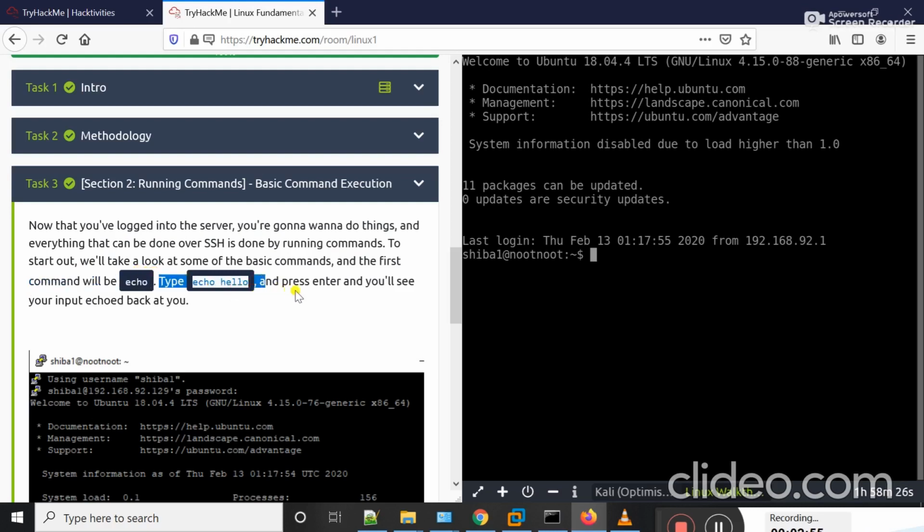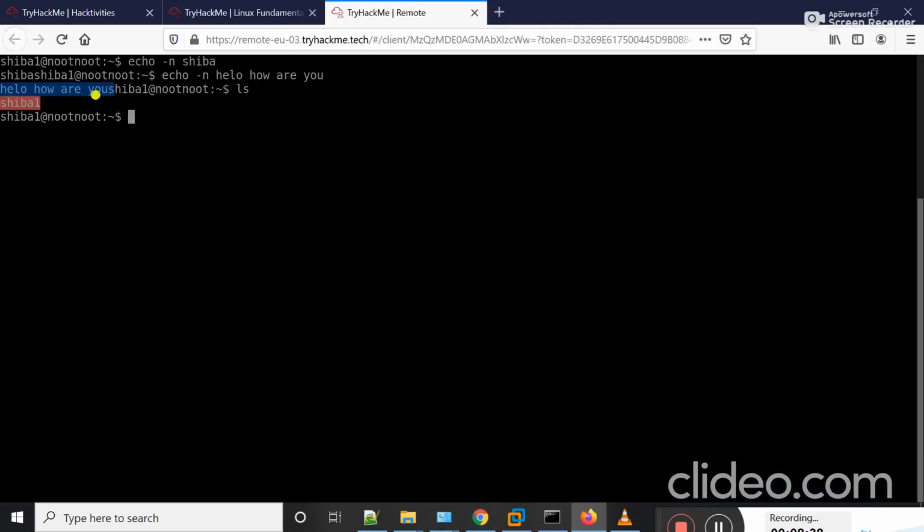Type echo hello and press enter and you will see the input echoed back at you. Okay, by clicking on view in full, see that here we have only one directory, that is Sahiba 1. If I type cd right now, it will not change, but ls